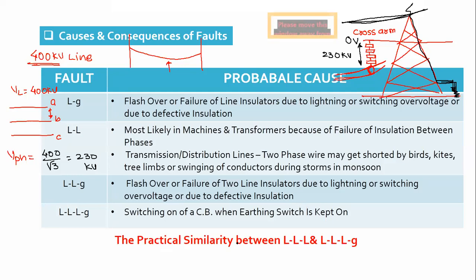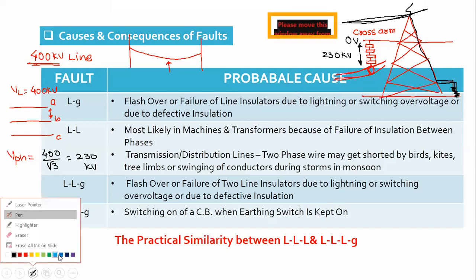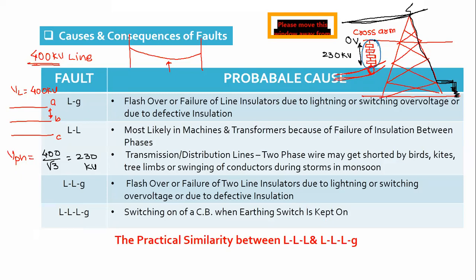Now, have you studied how to select the number of discs? How to select the total number of discs depending upon the phase conductor? I think that will be part of your Power System 1, probably. Yes. So as a power system engineer, you have properly selected the number of insulator discs in the string, and you have properly isolated the phase conductor from the cross arm. But sometimes what will happen? Yes, correct, Viral.